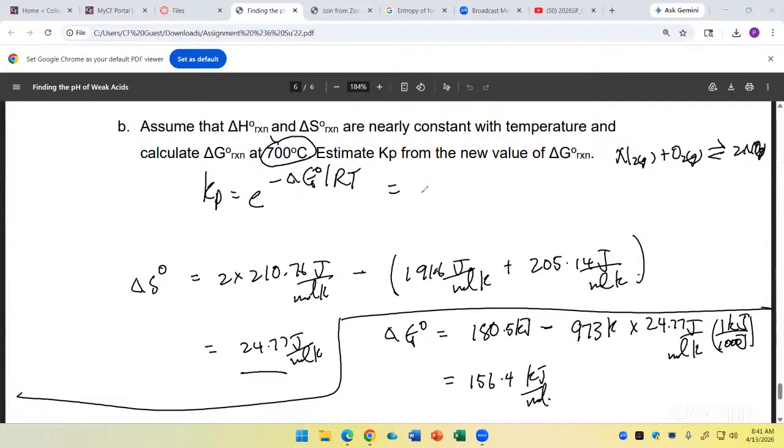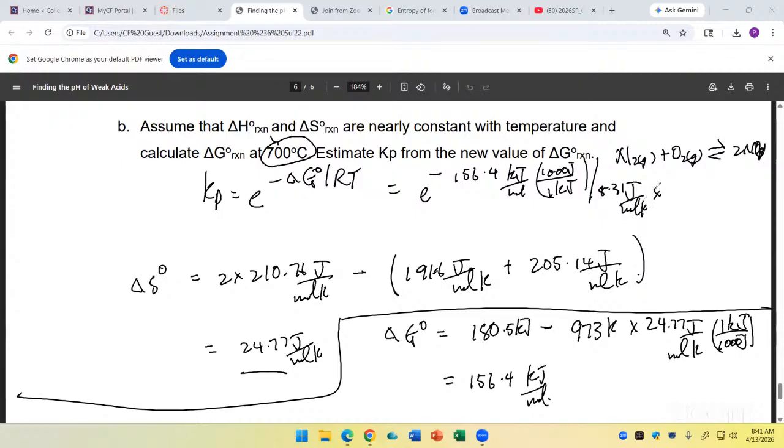So that will be equal to E to the minus 156.4 kilojoules per mole, which I'm going to convert to joules. So 1 kilojoule, 1,000 joules above. Divide by R, which is 8.31 joules per mole Kelvin, multiply by the temperature,